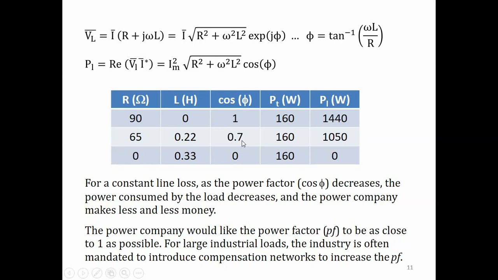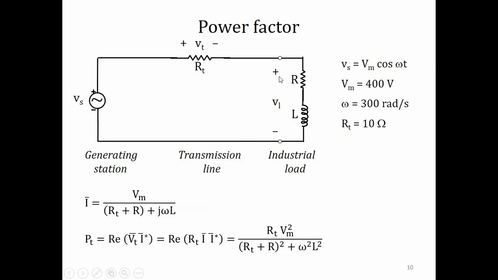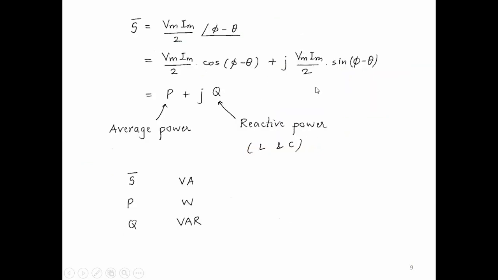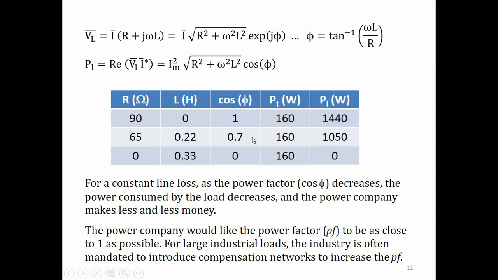Let us say I have a power factor of 0.7, and I want to make it 0.9. What I'll do is go back to the circuit and introduce a capacitor here in parallel, because a capacitor compensates for an inductive impedance, and I'll adjust the value of the capacitance such that the overall power factor of the R, L and C is higher than 0.7. Okay, so that is all I wanted to say.